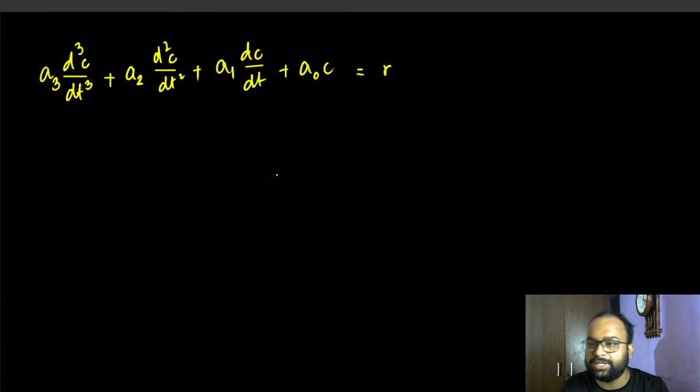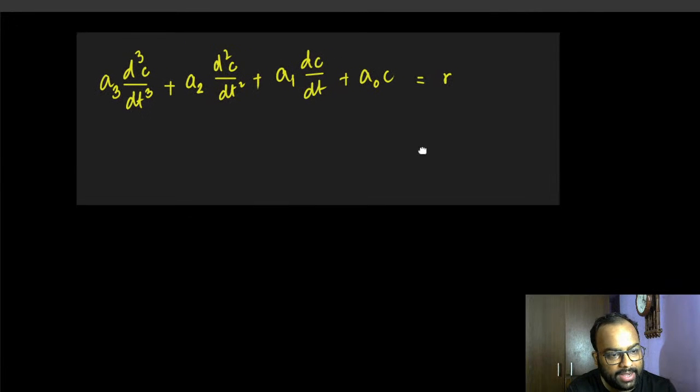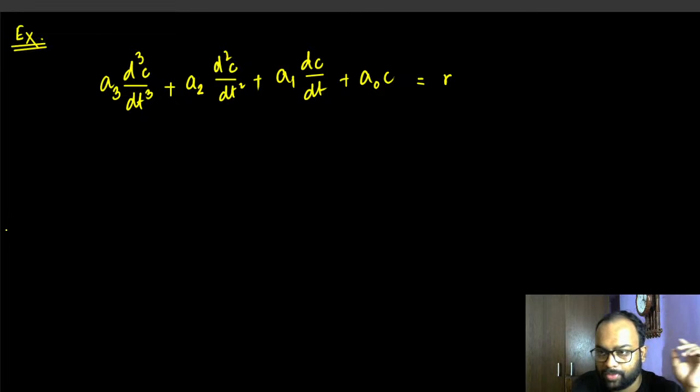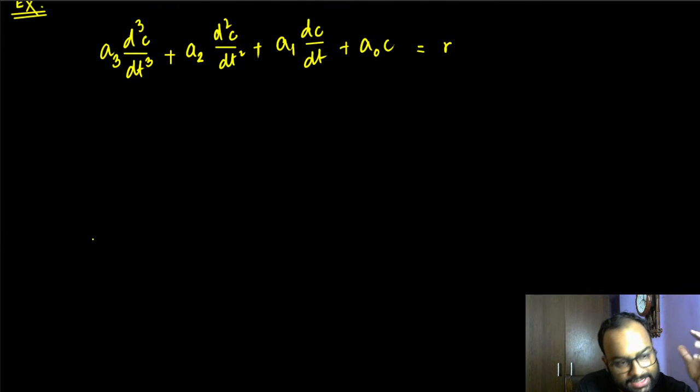So that's the differential equation describing the system. Let's say this is an example. Again, we are taking this example to make sure that the discussion we are having is not unnecessarily complicated. So let's say this is the system. This is a very simple third order system, and of course if we assume zero initial conditions, then